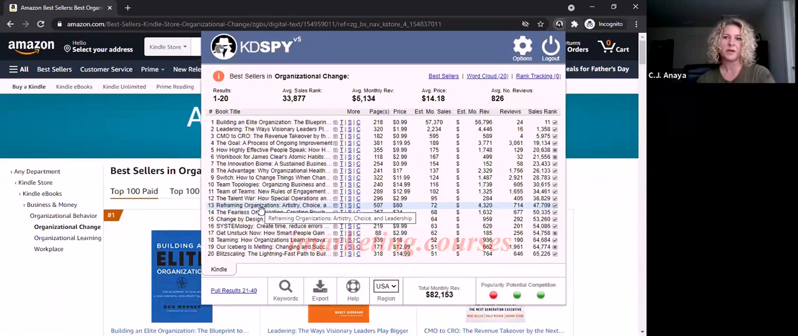So this is the way you brainstorm. If you're sitting there thinking to yourself, I just don't know what to do or where to go, I have no ideas, just start searching categories, start looking at these books. It'll give you a lot of ideas to work on. So